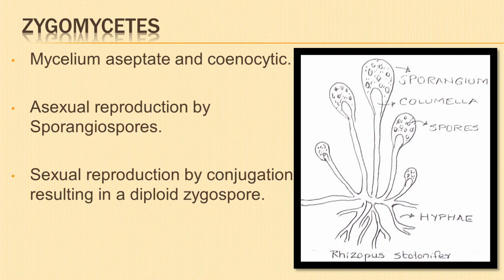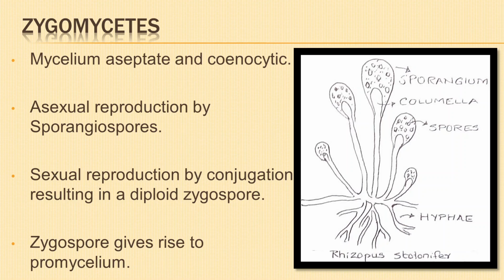Sexual reproduction takes place by copulation or conjugation between two identical gametangia. It results in the formation of diploid zygospore. During germination, the zygospore gives rise to a promycelium, seen in Rhizopus stolonifer, which causes soft rot of